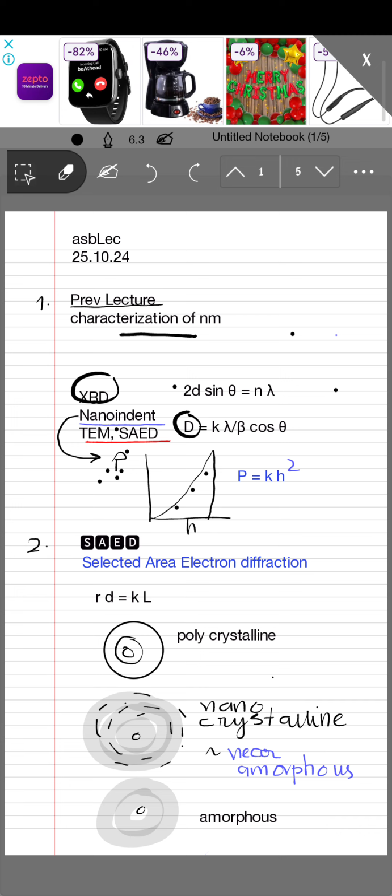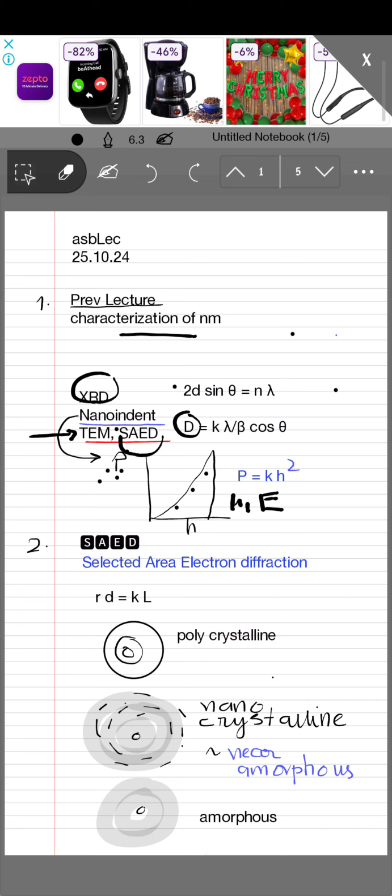So this is a typical plot that we obtain in the case of nano indentation, and from this data we can find the hardness, modulus and other properties as well. Okay. Now another thing that was discussed was TEM, transmission electron microscope, and the associated diffraction pattern analysis, that is